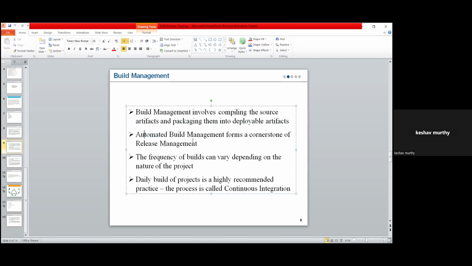So this is about build management. Clear? Got the concept? What is build? Build is a process of generating project artifacts, converting your source code to binary. These artifacts are final entities that can be deployed directly on the server.